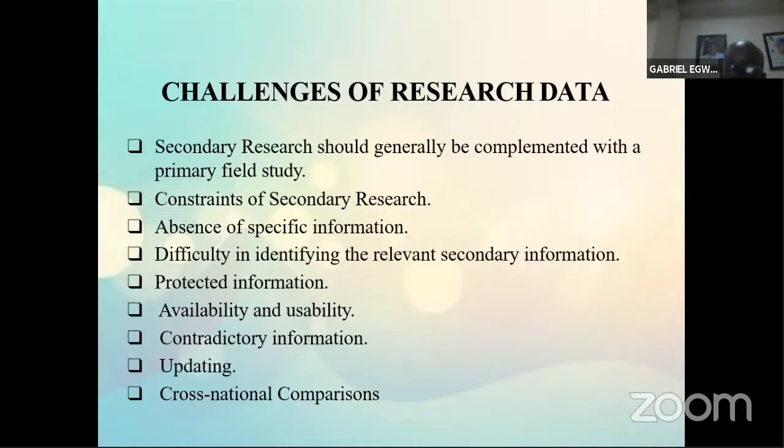There is some that is called protected information. Remember, we're talking about secondary research. You want to go to a government office and get information, they tell you it's classified. You can't open that file. You understand? That's a difficulty. You can't achieve your research aim. There is also some data that is available but not usable. That's availability and usability. It's available at all, but is it usable? You understand? It becomes a challenge. And then sometimes you face contradictory